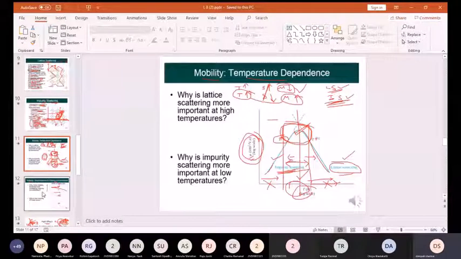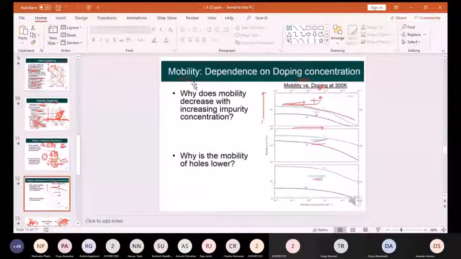Then we had seen the effect of doping concentration on the mobility. As the doping concentration increases, the mobility will decrease. Why? Because again the same concept. The concentration has increased means what? There are so many people in the market. They'll be colliding with themselves. Hence, the overall mobility will decrease. So these were some examples for different materials.